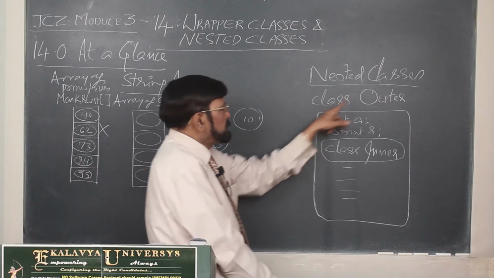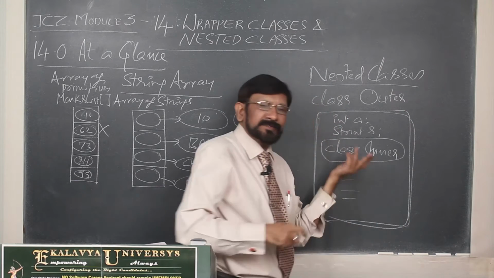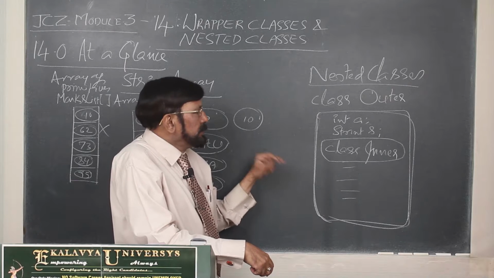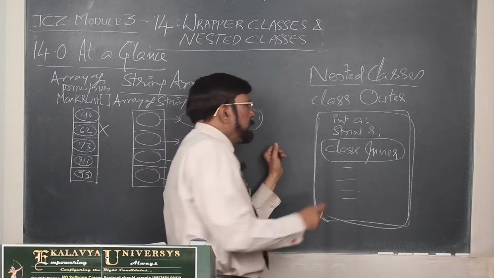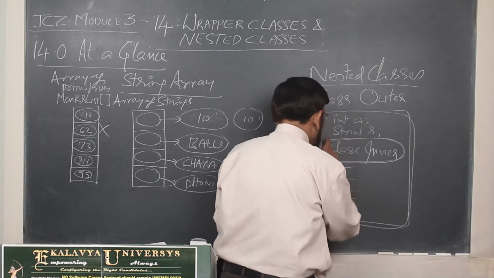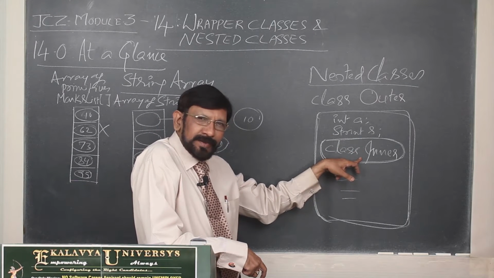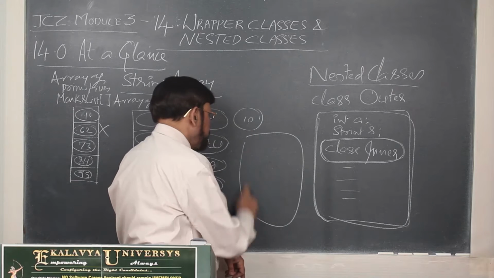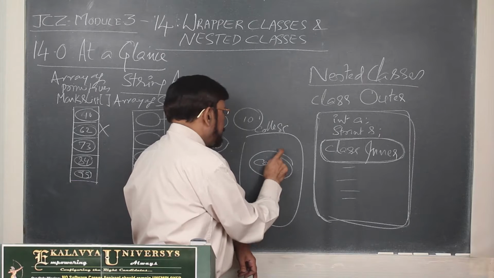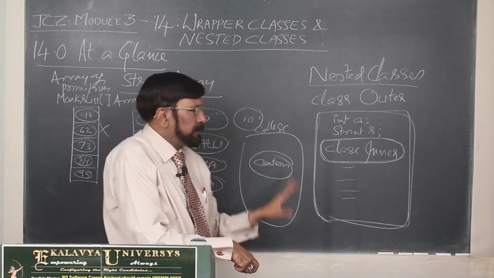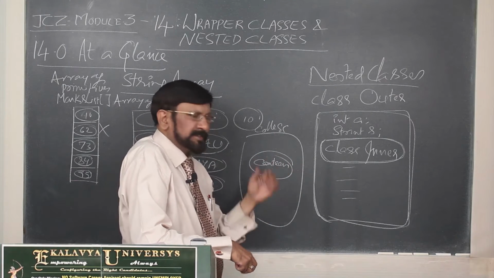It is like that. Suppose this is the main class, this is the outer class. This is like, let us say, one college. In that, for the sake of integrity and many other benefits, one more class is defined as inner. This is also a class, but it is an inner class. Now, you remember this example. This is a college. This is a canteen. Like that, it is an organization. It is having its own set of operations.